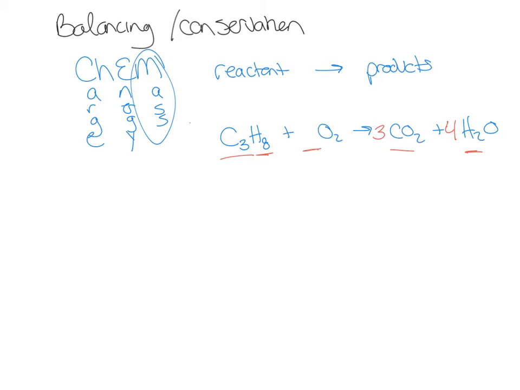Now I have 2 oxygens here, and I have 3 times 2, which is 6 oxygens here, and 4 times 1, which is 4 oxygens here. And that's oxygen, not a 0. So I have a total of 10 oxygens on the right side, on my product side. That means I need 10 oxygens on my reactant side. Each one comes as an O2, so instead of writing a 10, I'm going to write a 5. That is a standard